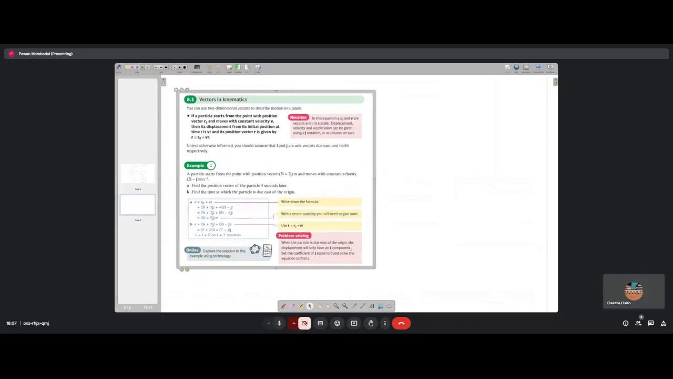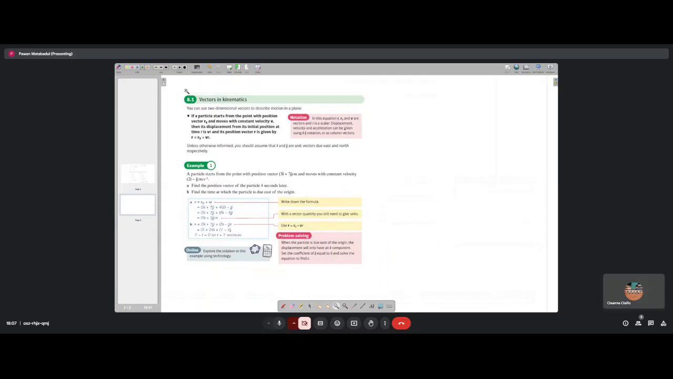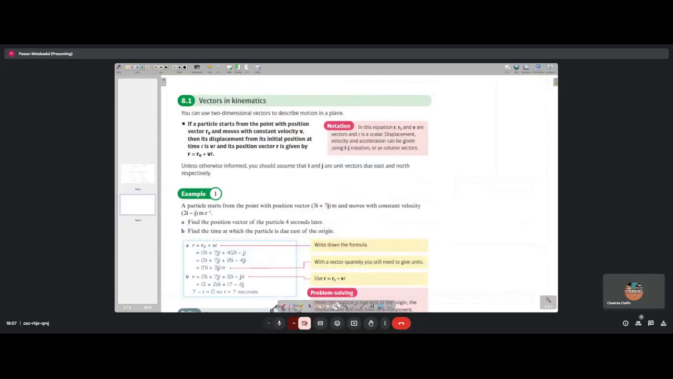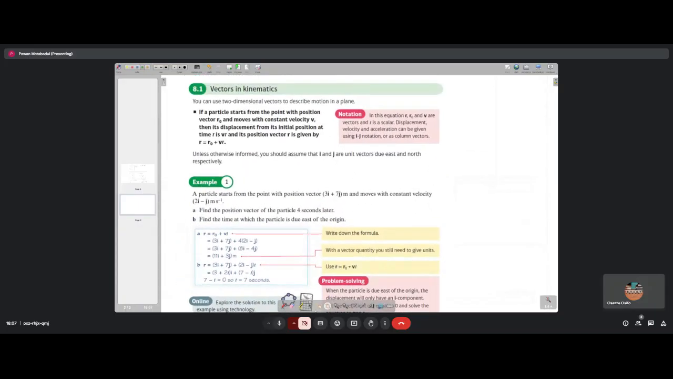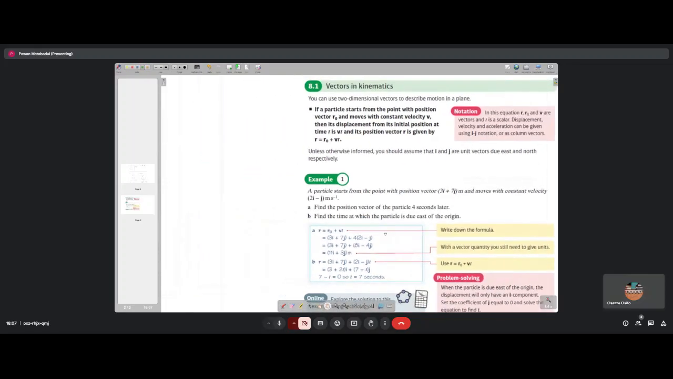Okay. So 8.1 is a bit of an interesting one. It's not exactly clearly written from what I can make out. So what are they saying here? If a particle starts from a point with the position r0 and moves with constant velocity, then pretty much what they're telling you here is